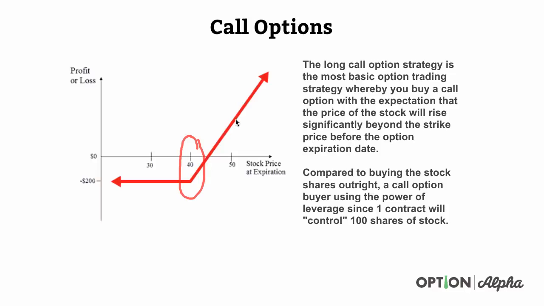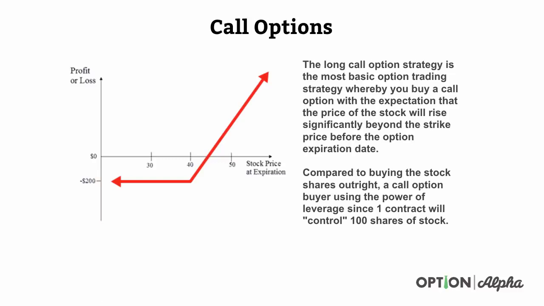Now, your expectation, obviously, is that the stock price is well beyond the 40 price at some time in the future before the expiration date. So if right now the stock price is at, let's say, $30, you're going to hope that it's beyond $40, because that's your strike price, and it's beyond that price point in the future for you to